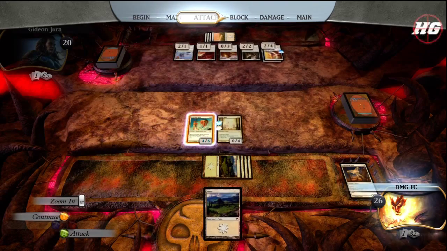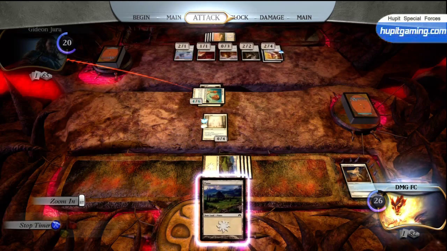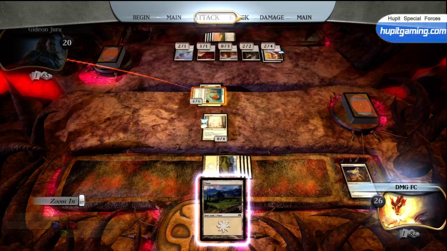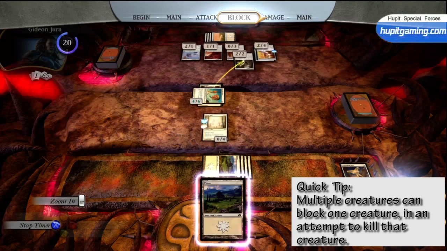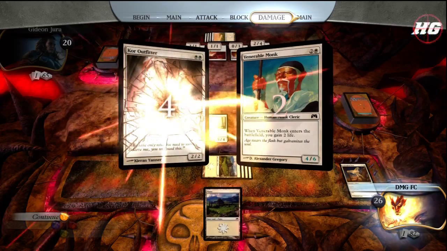Not a bad guy. So it gives me the ability to attack here. And just for the sake of this video, we're going to go ahead and attack. As you can see, I'm going to declare my attack against him. And we're going to go ahead and continue. Now, he has the option whether to block with his creatures or let the attack go through. It's up to him. And as you can see, he's going to decide to block with the 2/2